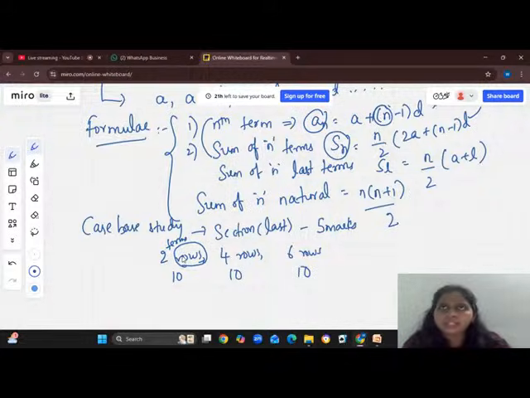Sometimes they will tell you 2 classes. Sometimes they will say there are 4 chocolates, 10 chocolates, and again 16 chocolates distributed to some classmates. Now tell me the sum of chocolates to be distributed overall. So they just change the pattern of asking the question. The formula and the complete presentation will be the same only.